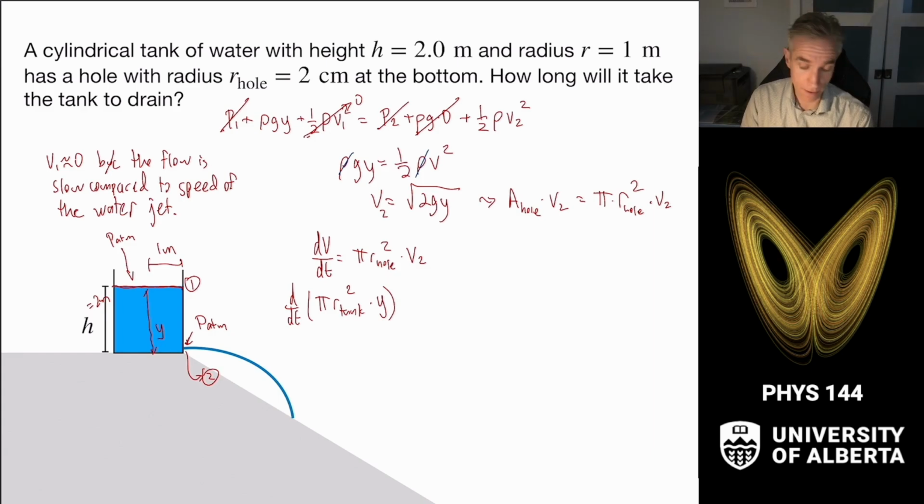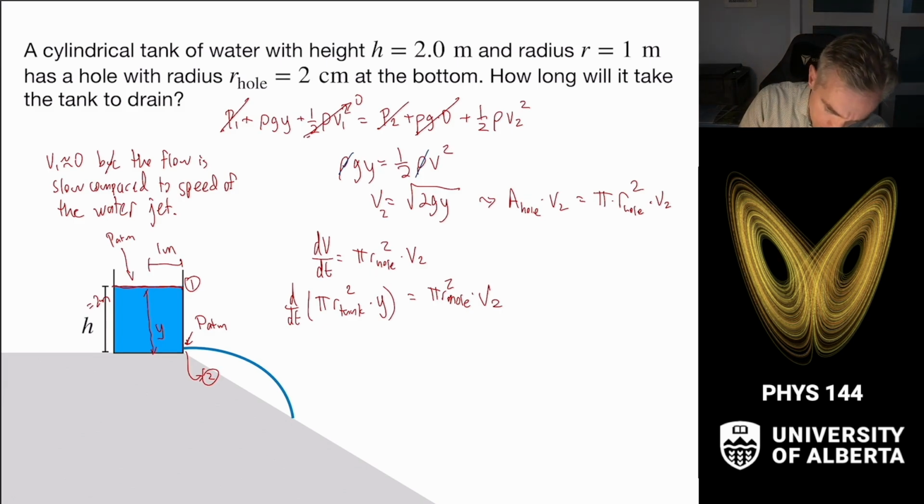That's the volume there, and we're going to have the time derivative of that, and that's pi R hole squared times V2. Take the time derivative of that, pi R squared, constant, so we get dy dt, so it's pi R tank squared dy by dt is equal to pi R hole squared times V2,